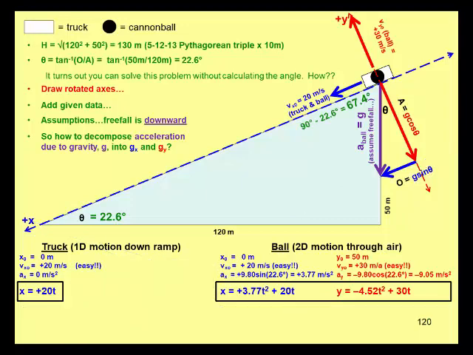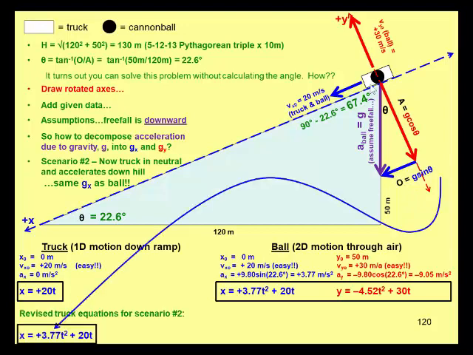So let's take a look at problem 2. It asked what happens if we put the truck in neutral. We start at 20 meters per second, but in neutral, so now we're going to let gravity pull the truck down as well. Well, now the truck has the same component of the acceleration that the ball does, because that component is pulling me down the ramp. And so here's my new equation for the truck. It's positive 3.77 t squared